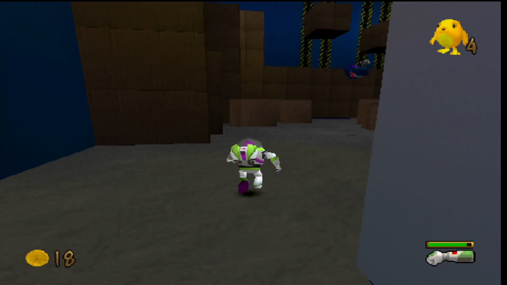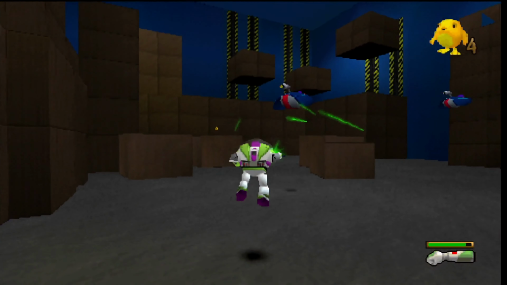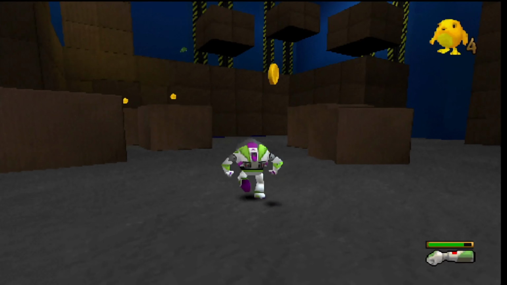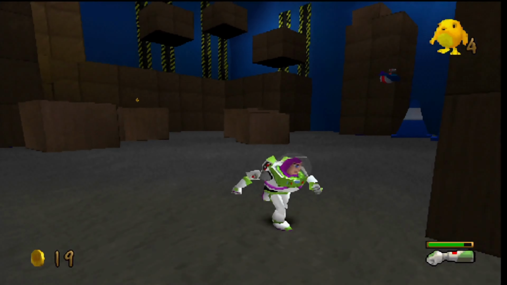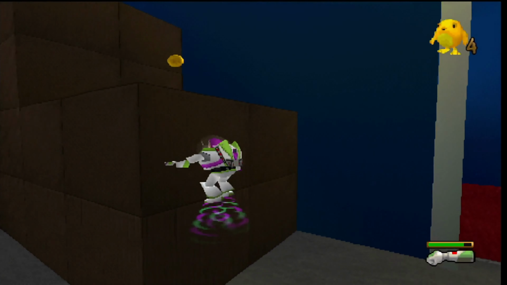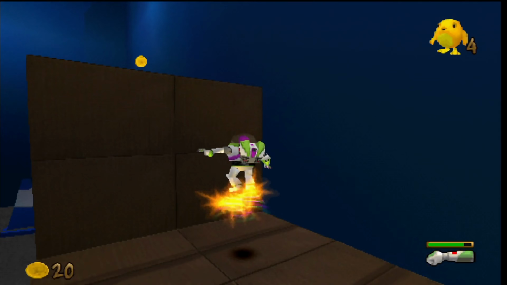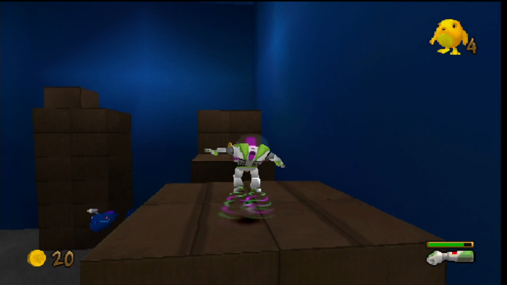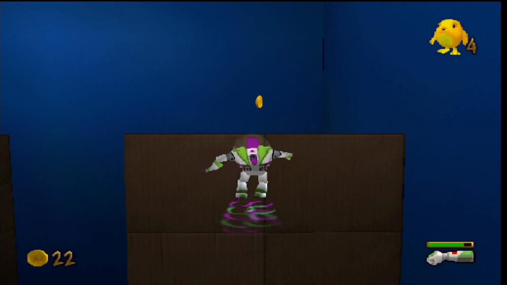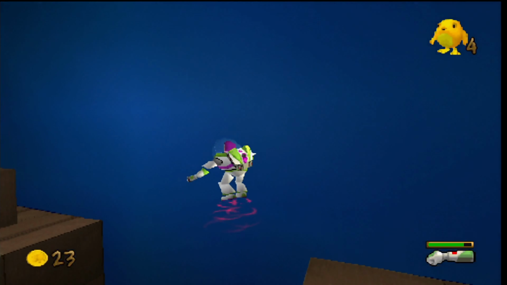Let's get started. It is in this room, of course, that we needed the hover boots. Rex also points out towards it. And now it's time to finally start climbing all of these boxes. Get up here first. And then make your way over here. At the corner, and then make your way...